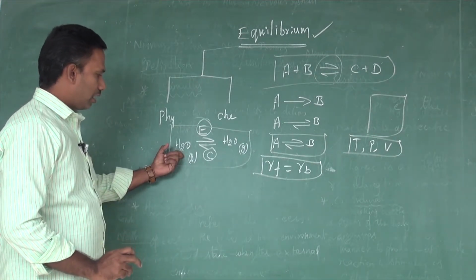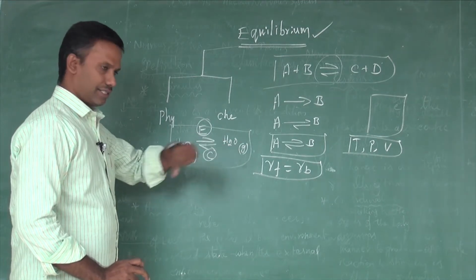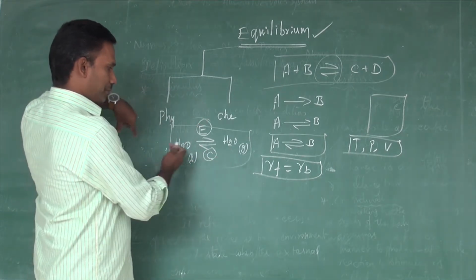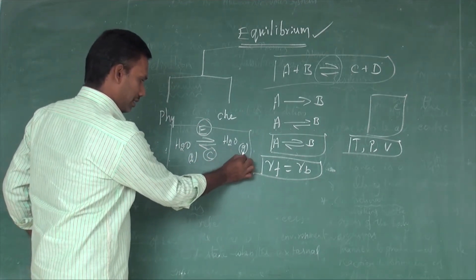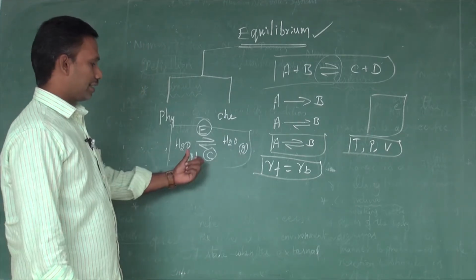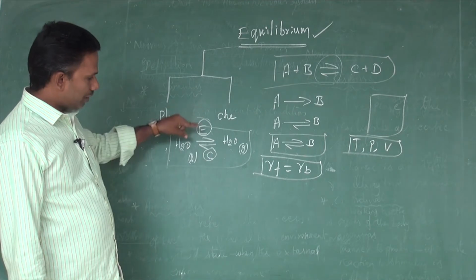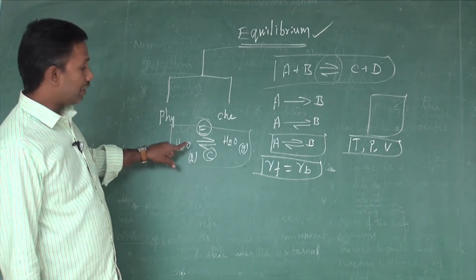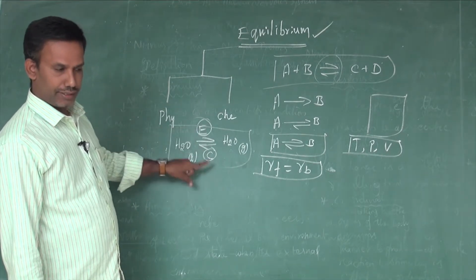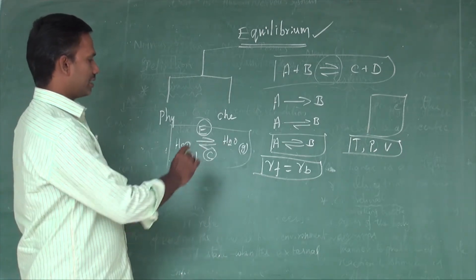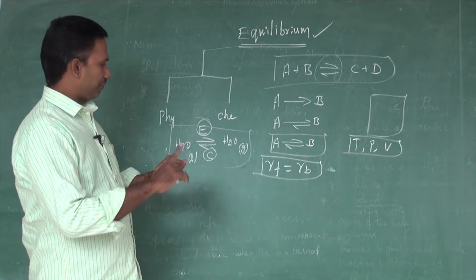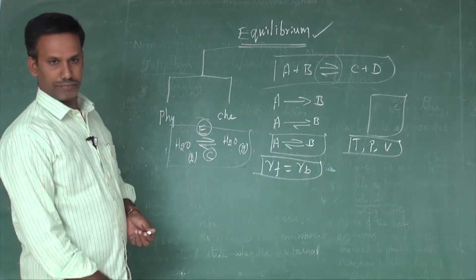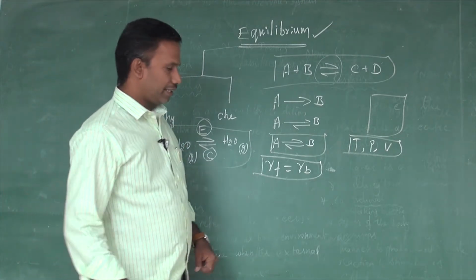Here water liquid becomes water gas during the process of evaporation, that is the forward direction. If we consider the reverse process, when water gas becomes water liquid, that is called condensation. Both take place simultaneously, at an equal rate, in opposite directions. These are the essential conditions: opposite, simultaneous, with equal rate. They are called the state of equilibrium. For example, let me illustrate that.